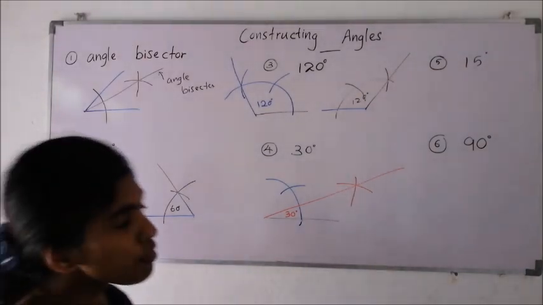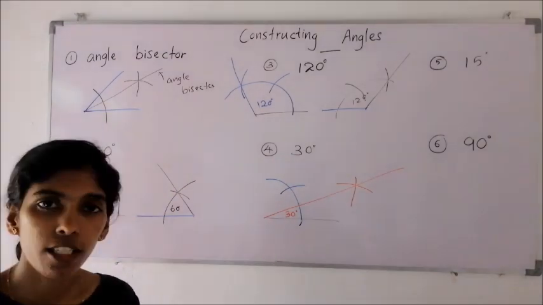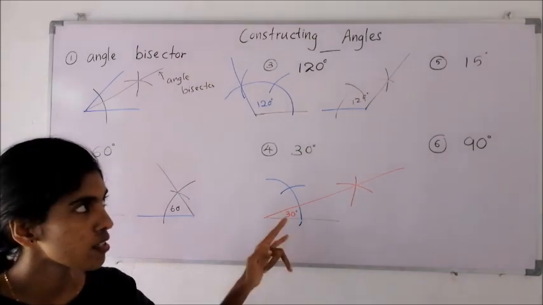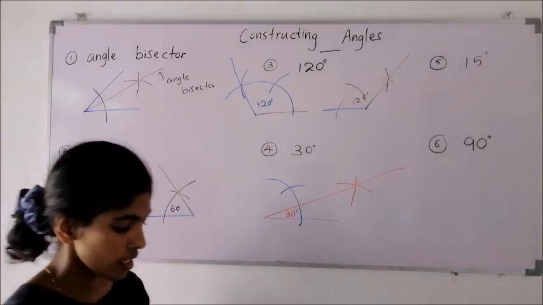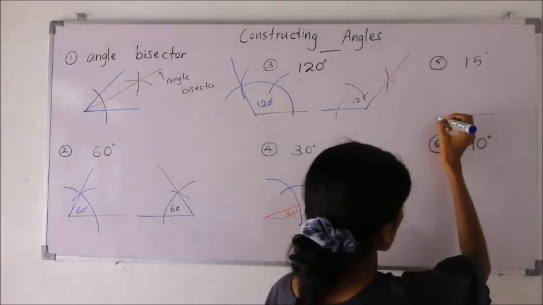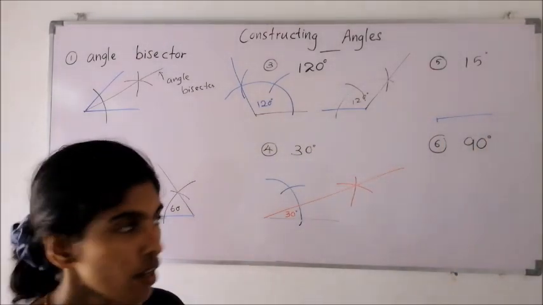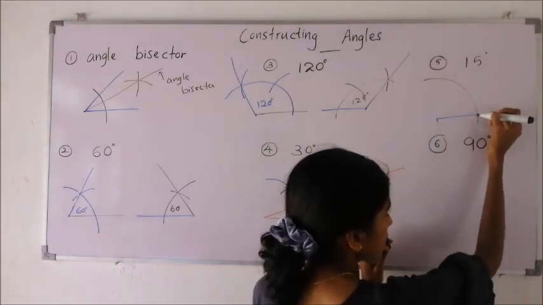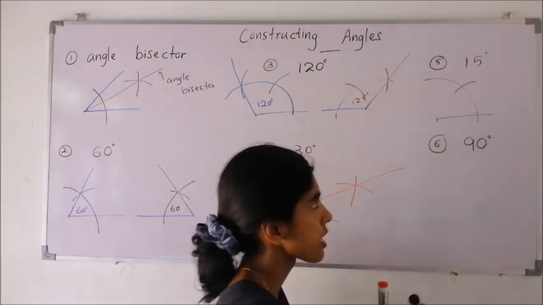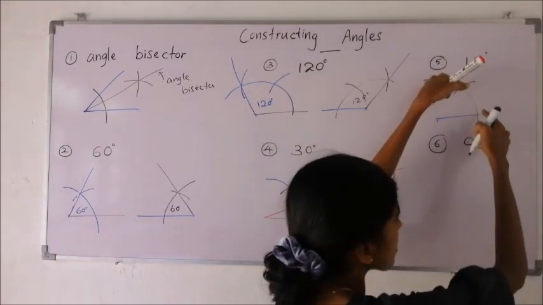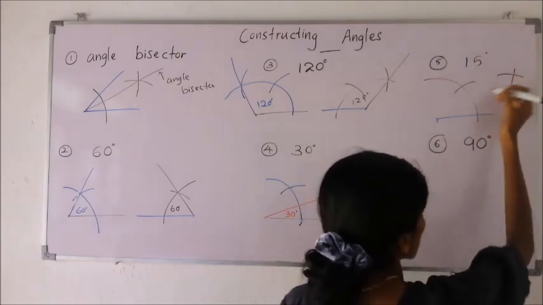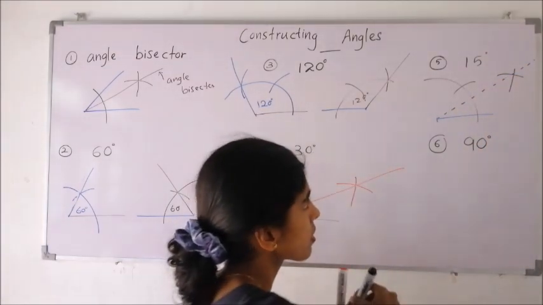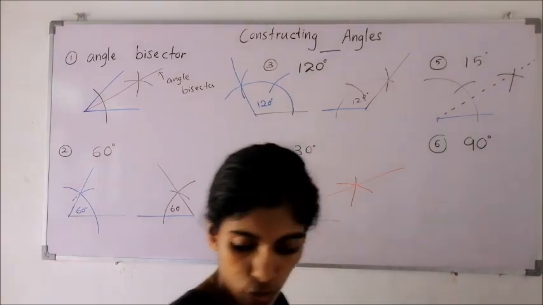Next, 15 degrees. You should know half of 30 is 15. So we will bisect this 30 also. Then we get 15 degrees. Two angle bisectors should be constructed here. See how I am doing that. Draw an arc firstly to this side, and without changing that length, keeping the middle point here, draw another arc. Now you should know when we bisect this angle, we get 30 degrees. We are not going to draw a dotted line because we want the points to draw the arcs.